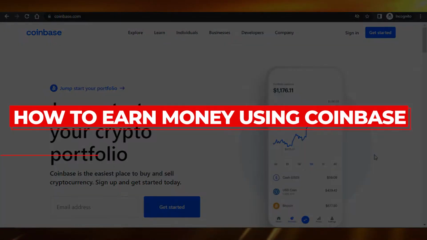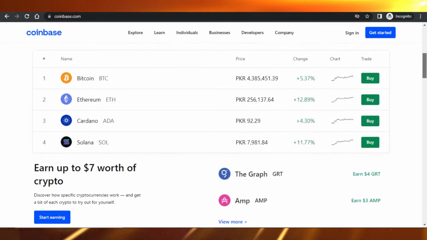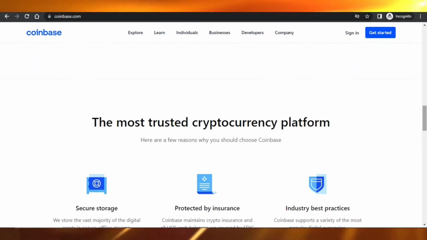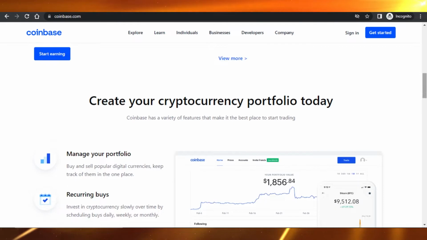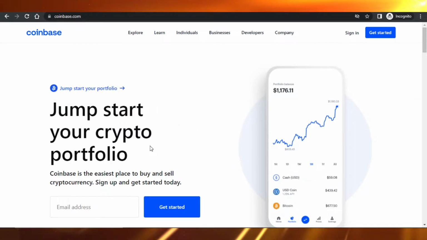How to earn money using Coinbase. Hi guys, welcome back. Today I'm going to be giving you a tutorial on how to make money using Coinbase. So let's get started. First, what you have to do is simply go to coinbase.com and you'll get to this